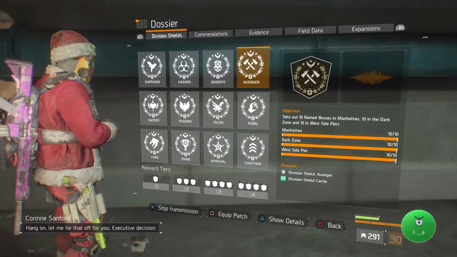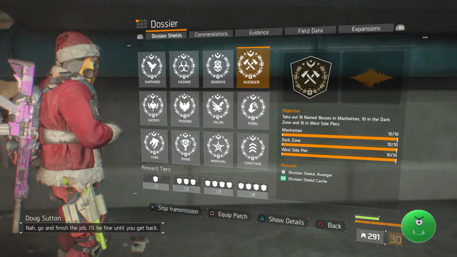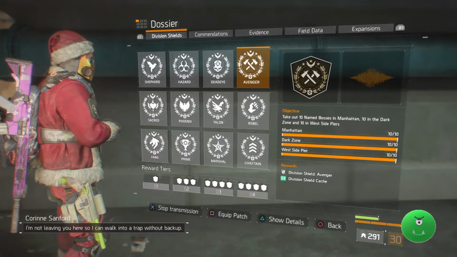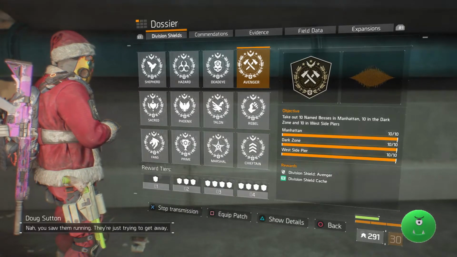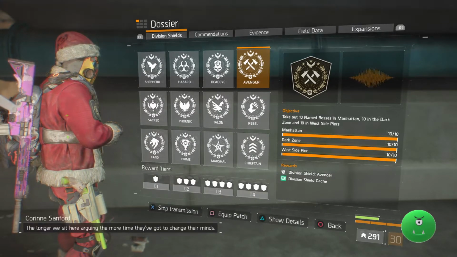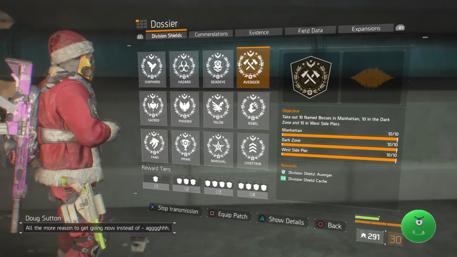Executive decision, we're gonna hold out here and wait for pickup. Nah, go and finish the job. I'll be fine until you get back. I'm not leaving you here so I can walk into a trap without backup. You saw them running. They're just trying to get away. The longer we sit here arguing, the more time they've got to change their minds. All the more reason to get going now instead of...